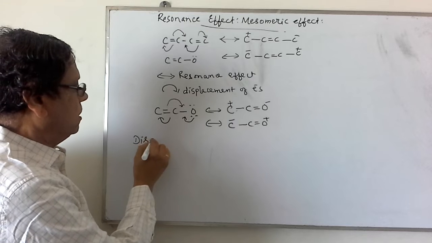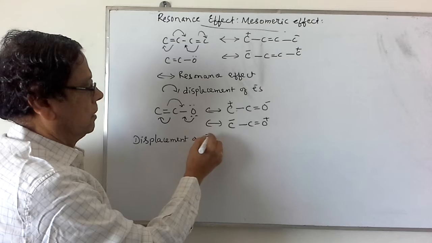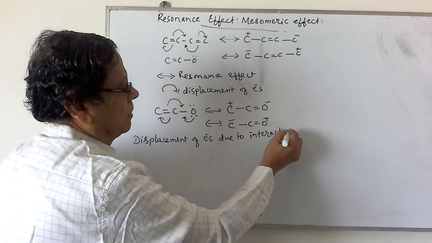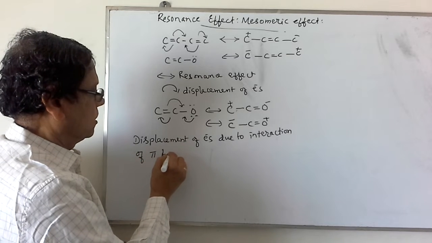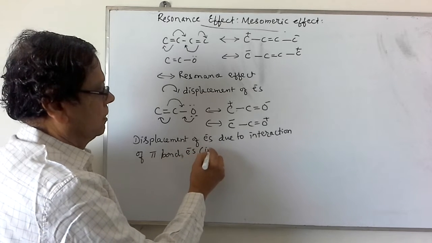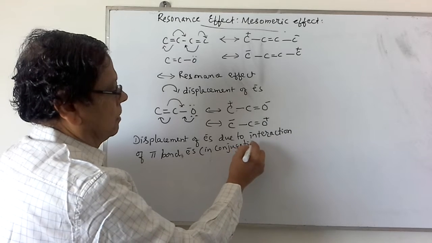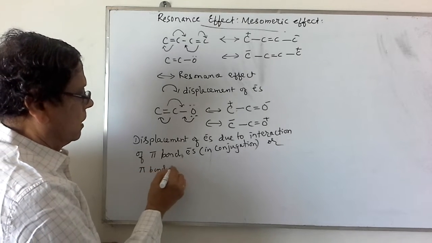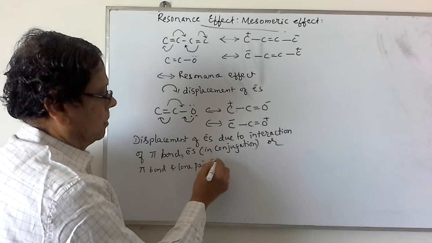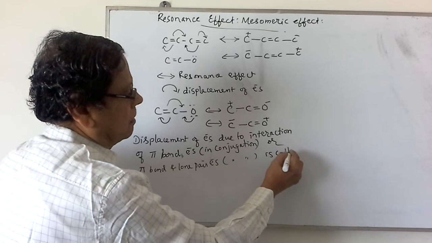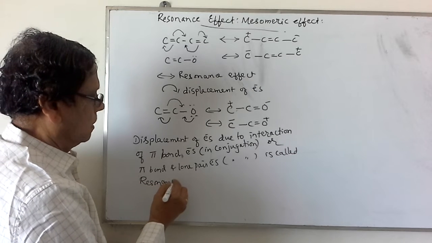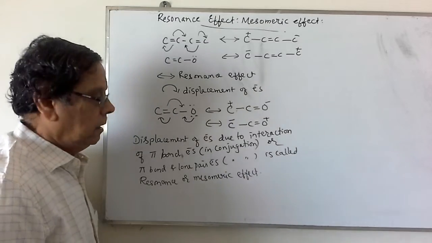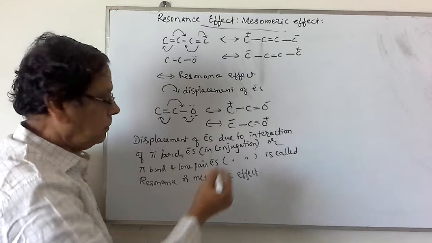So, displacement of electrons due to interaction of pi bond electrons in conjugation, or pi bond and lone pair electrons in conjugation is called resonance or mesomeric effect. Resonance or mesomeric effect. And one more thing, whatever the structures that we get,